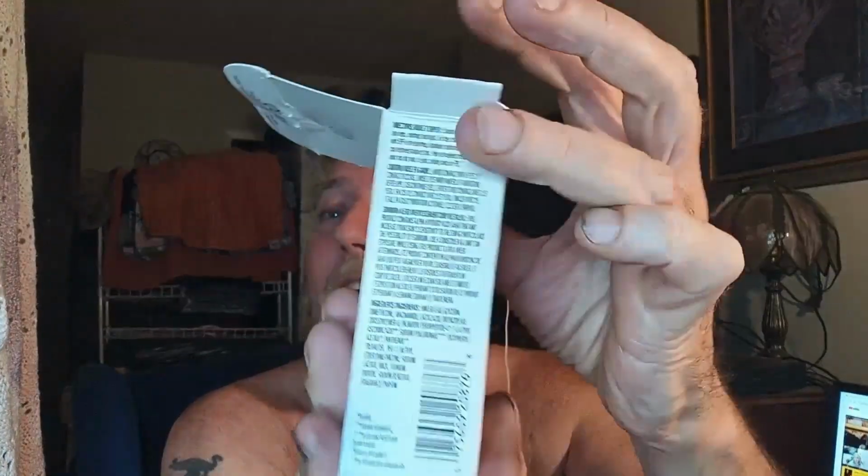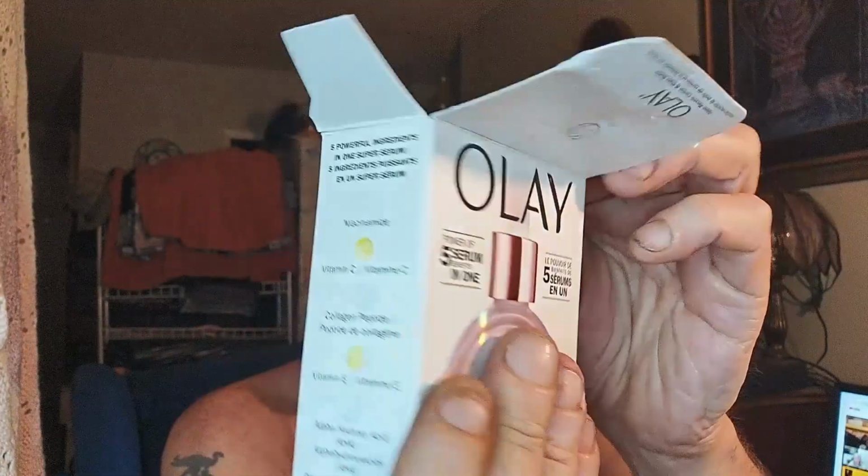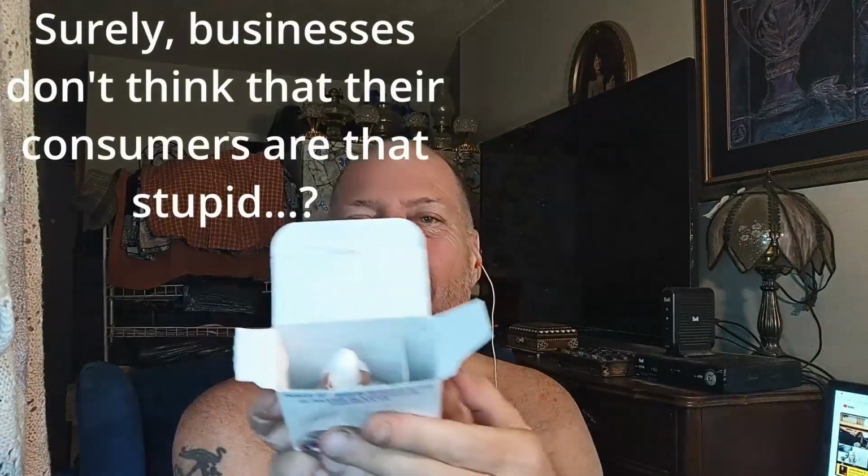Now, interesting that there's a whole extra section in here with nothing in it that's just designed to be that. And it's like, I guess it would be very, very small writing if the package was smaller, right? That's got to be the reason. It couldn't possibly be to make you think that there's more in it than there is, so that when you open it and you see this,